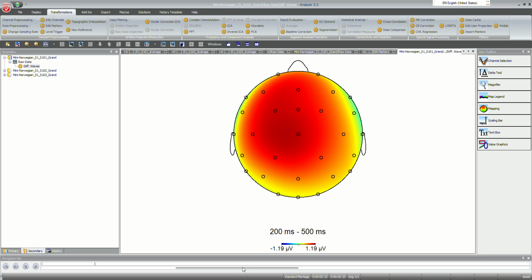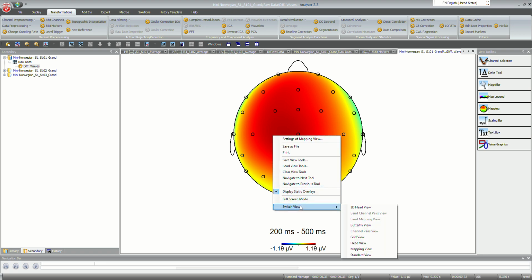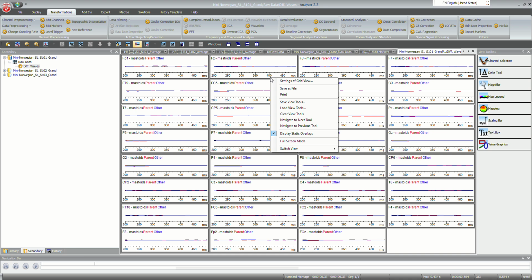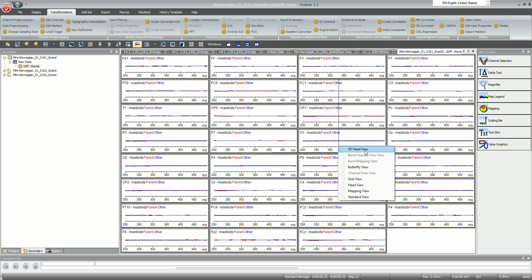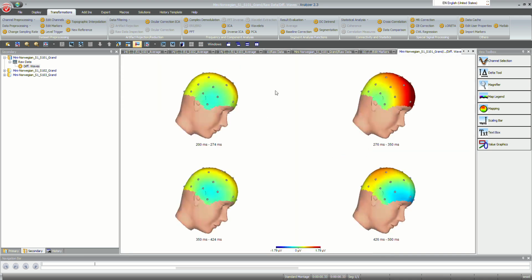So this has been the workflow to create a topographic map reflecting the difference between two conditions. We began by creating a grand average, and then moving on to creating the topographic map. Switch the view, so right click here and you can go back to any other view. The grid view is the default one. Then you have other kinds of views. You have also this one,